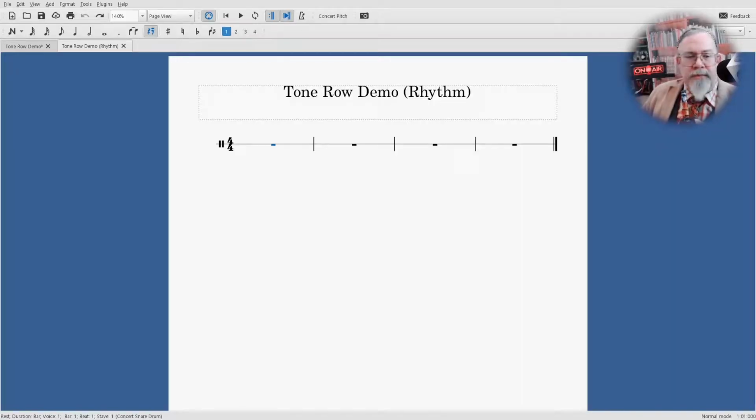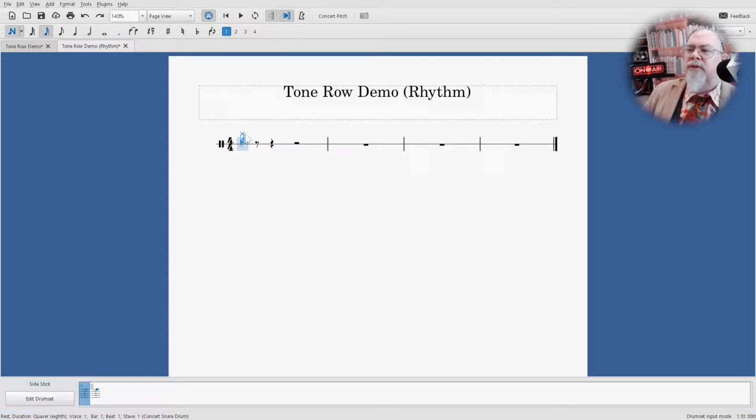Okay, now we're just going to compose a little rhythm. This is a funky number, so I think starting with 16th notes would be really good. Okay, now I haven't used this program too much. I've used it a little bit, but I may make some mistakes as I go along. Okay, now I am just making this rhythm up. 8th note there, and then rest. Okay, and then